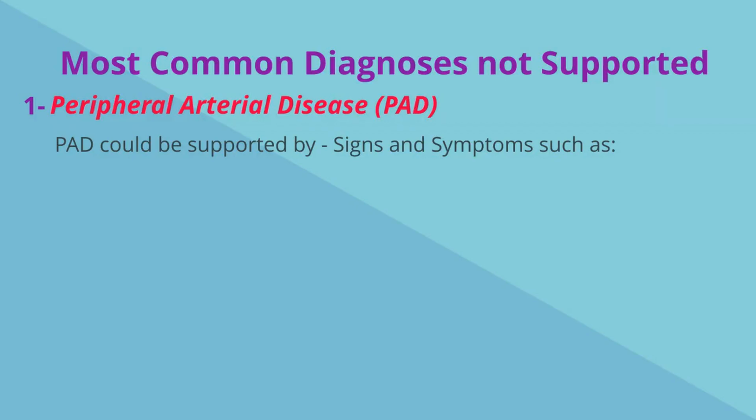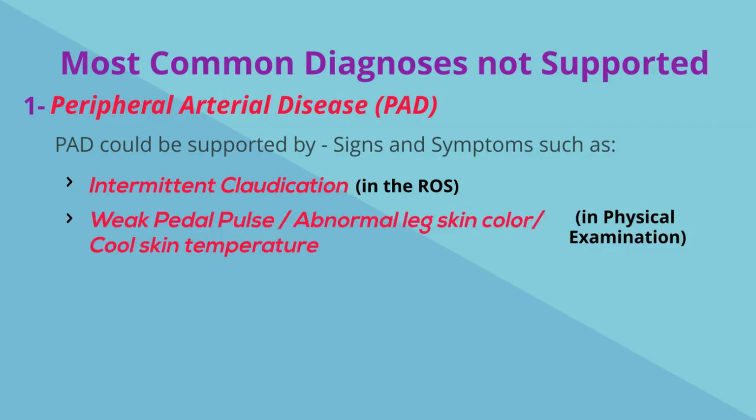Use existing signs and symptoms in different parts of the SOAP notes. For example: intermittent claudication noted in the review of systems. Abnormal or weak pedal pulses, abnormal leg skin color, cool skin temperature, or presence of femoral artery bruit documented in